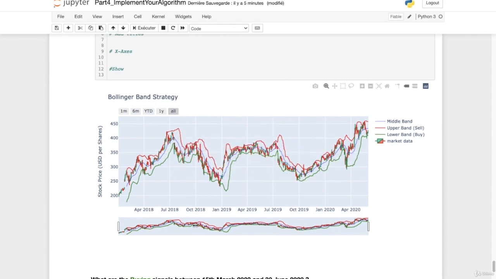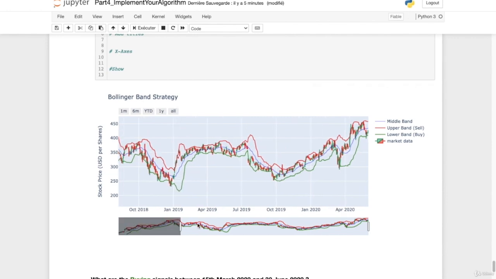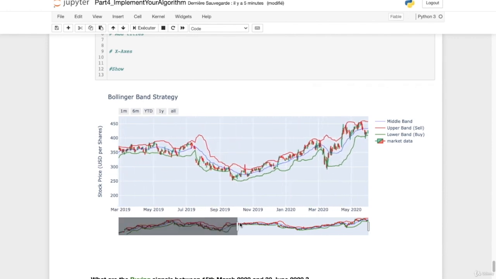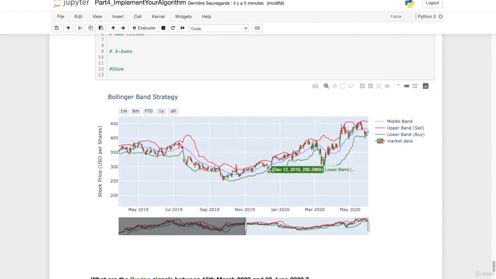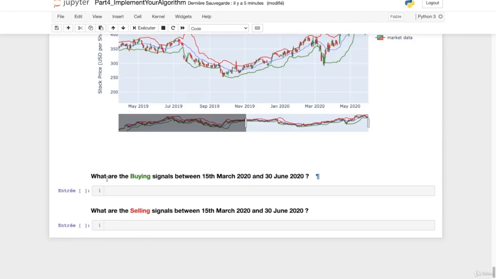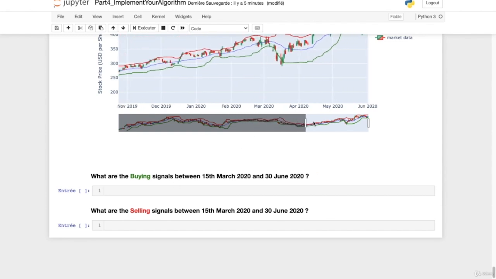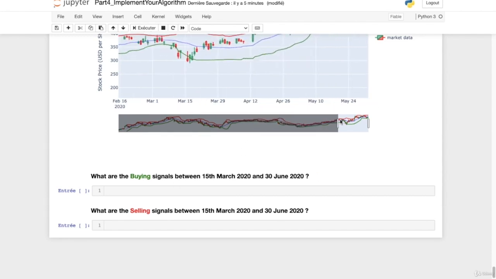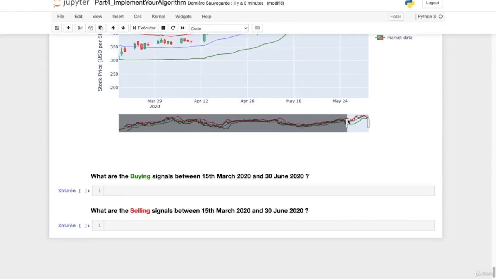And on this graph, what you're gonna have to define is what are your trading signals. For instance, here you have to buy and here you have to sell. You will have to answer these two questions. During the period between the 15th of March 2020 and the 13th of June, what are the buying signals and the selling